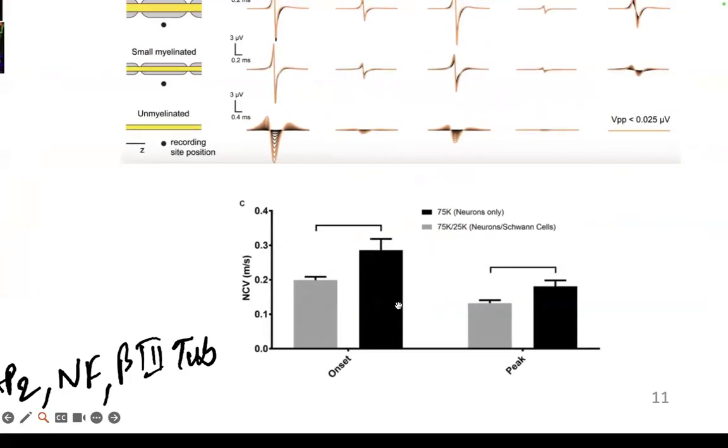The same thing, another paper, just some examples here. I would not be able to elaborate on what the two things said here are, some onset signal and the peak signal. But mainly if you just focus on this graph, if you just have neurons, and if you have neurons and Schwann cells both, 75,000 neurons versus 75,000 neurons plus 25,000 Schwann cells, then the speed that you look at here is in meters per second, so how fast it's going. You can see that the speed is higher when you have,